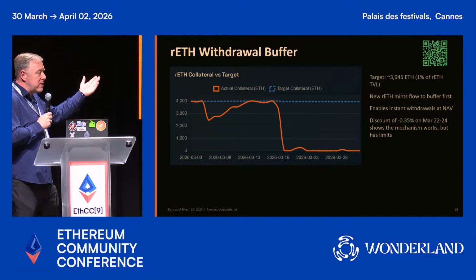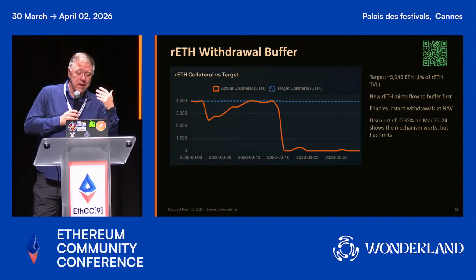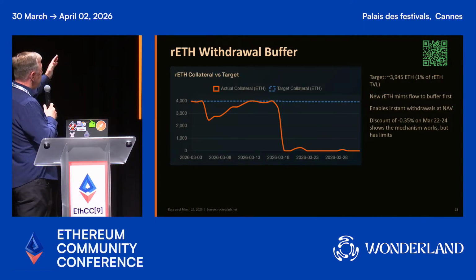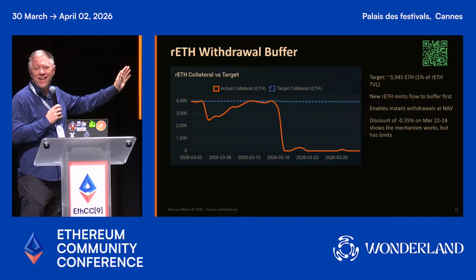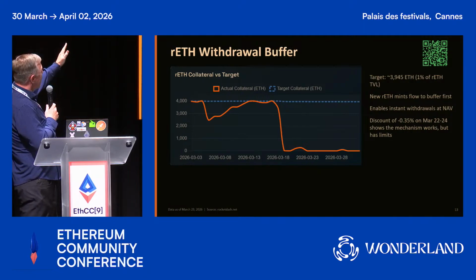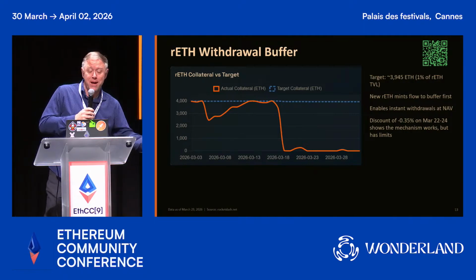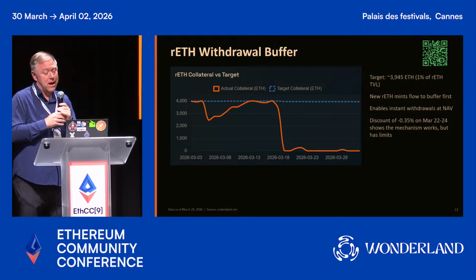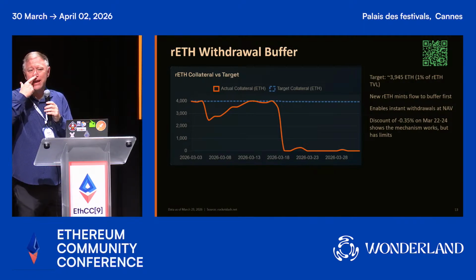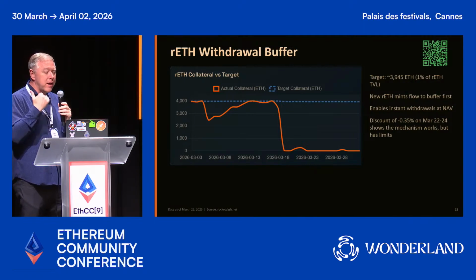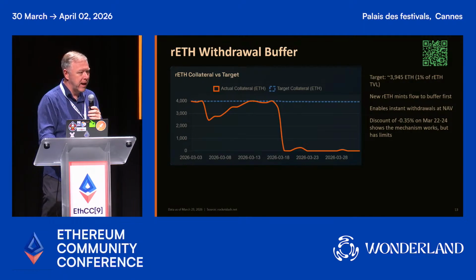And so one of the designs that Saturn One implemented is something called the withdrawal buffer. And it's only existed here since the past month, but you can kind of look at it here. And it's designed to be about 1% withdrawal buffer. And for a good part of it, it actually kind of held pretty close to that 1% mark. That would be about 4,000 ETH. But then you can see it dropped out. And recently, it's been near depleted, right? Which means that they have to go now back to the liquidity markets and it trades on a slight discount, right? But ideally, you want to keep your liquid staking token kind of on peg with that NAV there, okay?